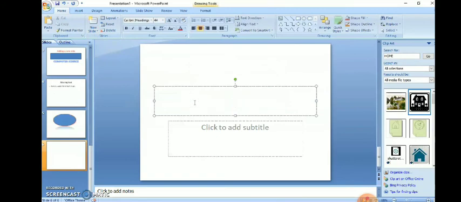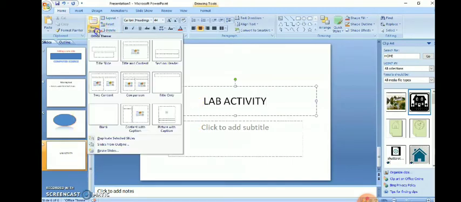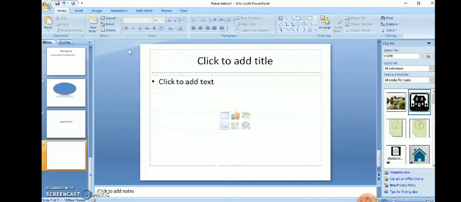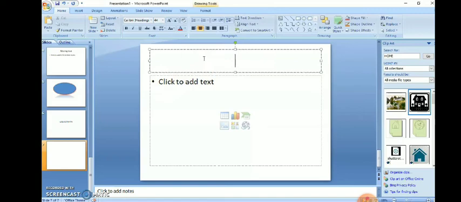Next I am going to show you the lab activity. On page number 27 you have a lab activity, and the instructions are given on page number 27. First will be a title slide, then title and content. The first slide, title and content, will be playway method of teaching.